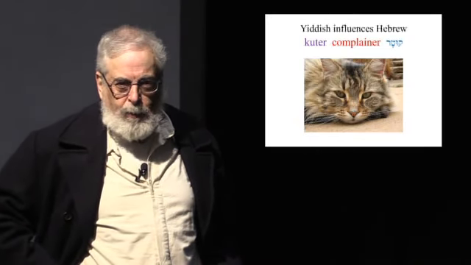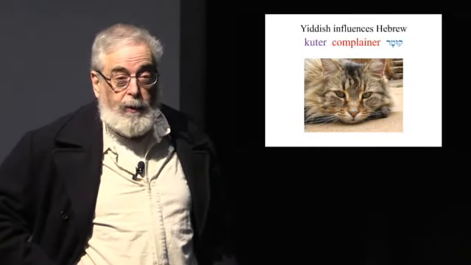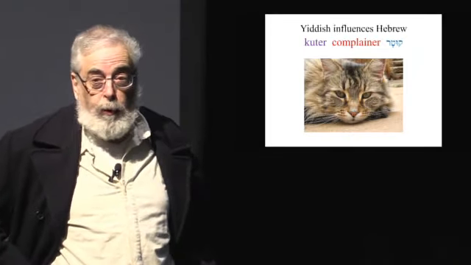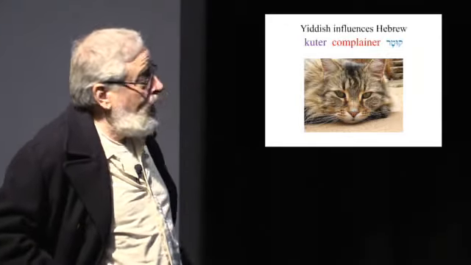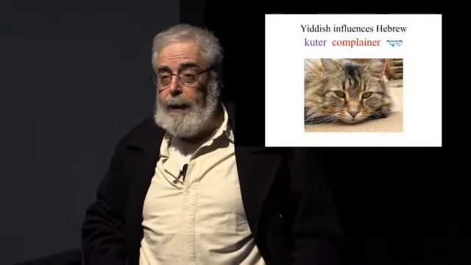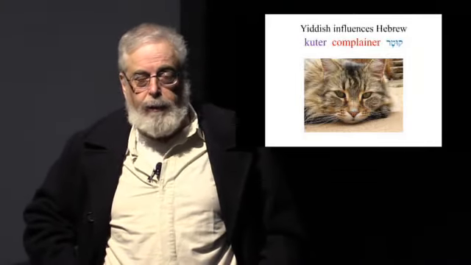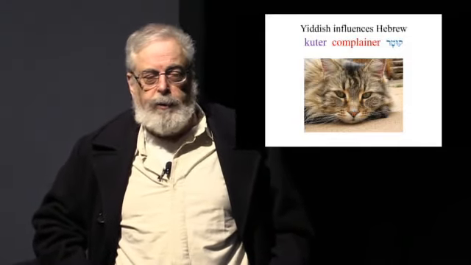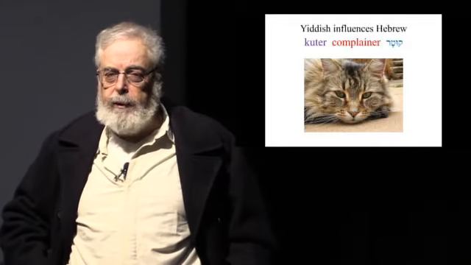Wow, wow, wow. So metaphorically, it became the name of the complainer, the one who has complaints all the time. Eze kuter. It's a very strong word in Hebrew slang,